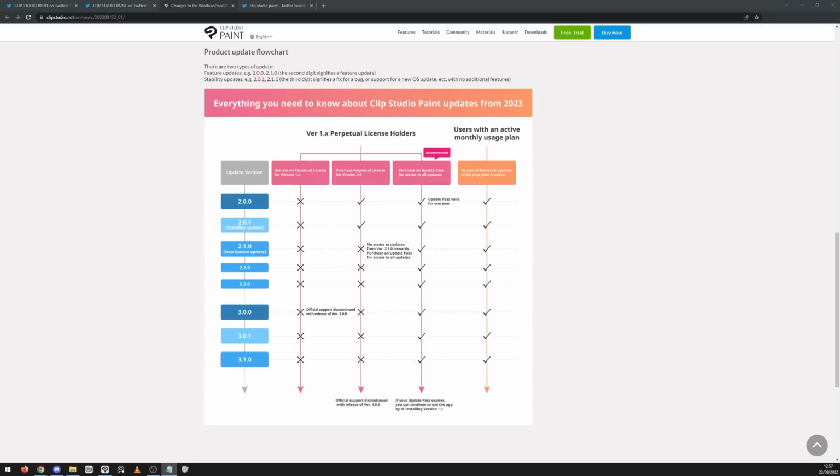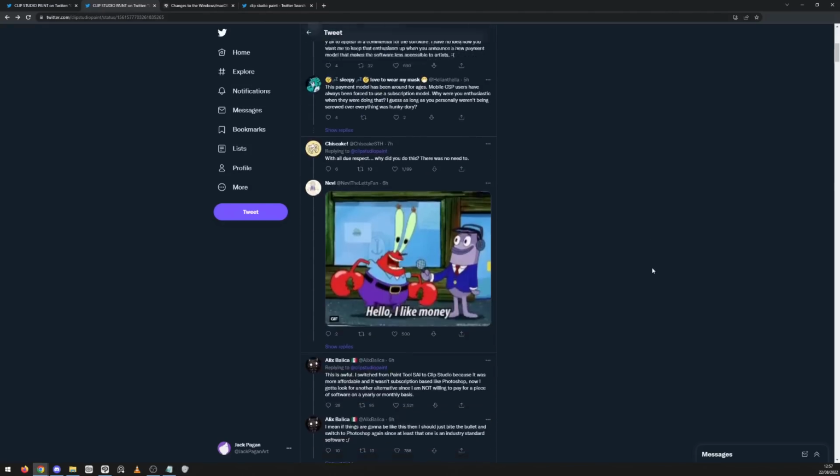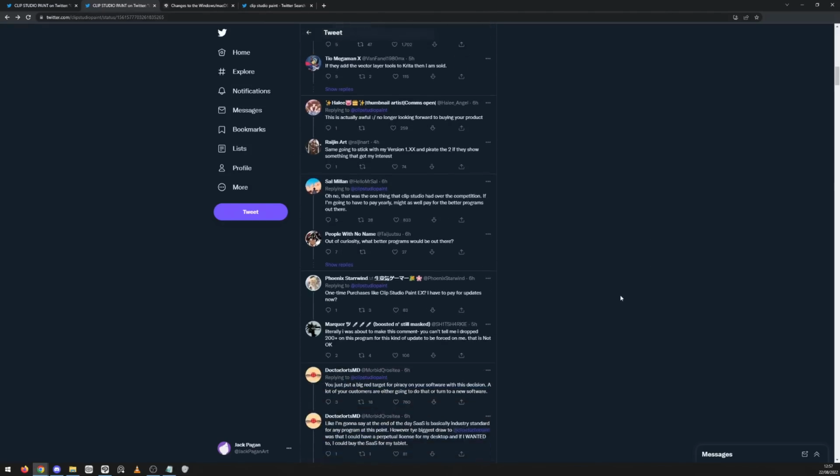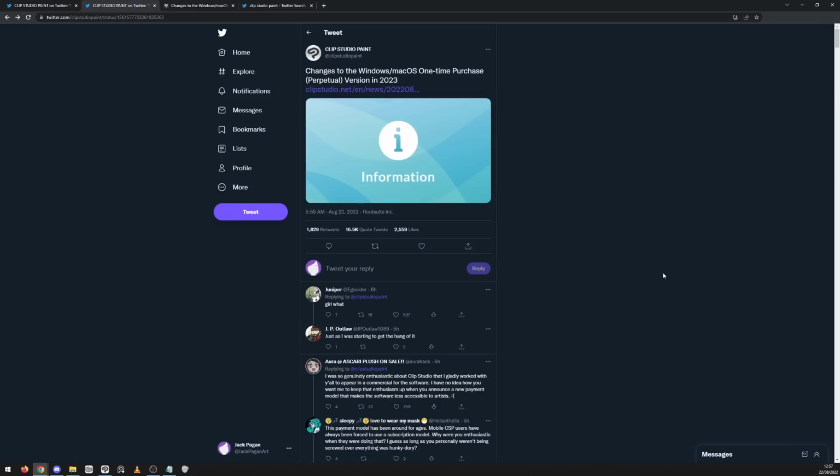It really feels like they're taking advantage of all of our goodwill. You can really see people saying this in the comments. We've all really pushed Clip Studio Paint. We've all said how much we love it, and now all of that goodwill has just completely dried up. And at this moment, I would no longer recommend you buy Clip Studio Paint because they are changing their business model in this way. And to the people who have bought Clip Studio Paint recently, I'm really sorry for you,